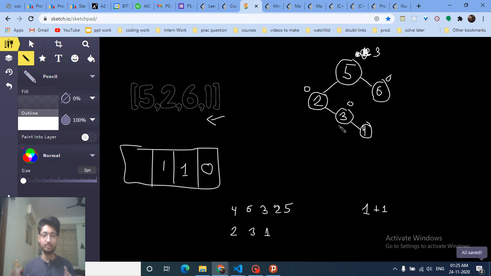So I hope you get the intuition of how we are building this tree. Whenever I go to the left side, I will increment the parent value and go to the left side. Whenever I go to the right side, I will increment the answer, which is the final answer for this node, by the frequency on the parent plus 1, because this node is also taken. And that's how we're going to go about this code.